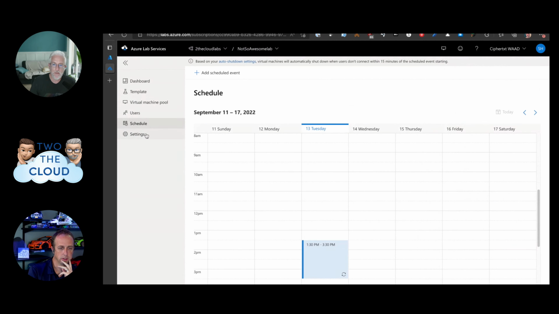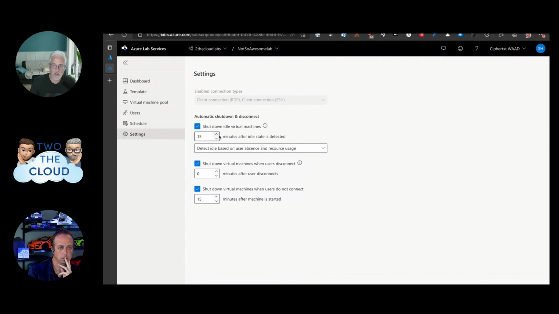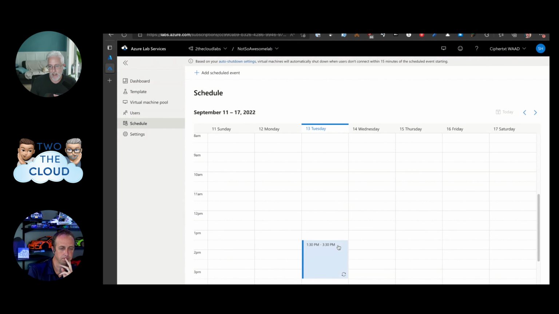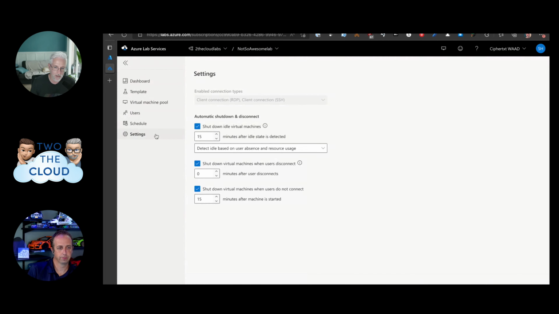Go ahead and click save. And then there was the scheduling piece, or I guess the settings piece in the schedule that I set on the lab plan itself, not within the lab, but in the lab plan, like allow students to use this for N hours outside of the scheduled time too. Okay. So I'm really saying from 1:30 to 3:30, students can use this, but they can also use it for 10 hours outside of it.